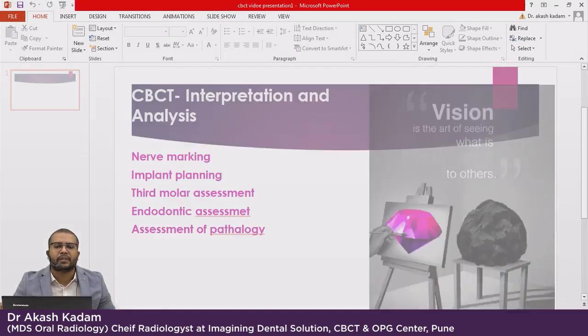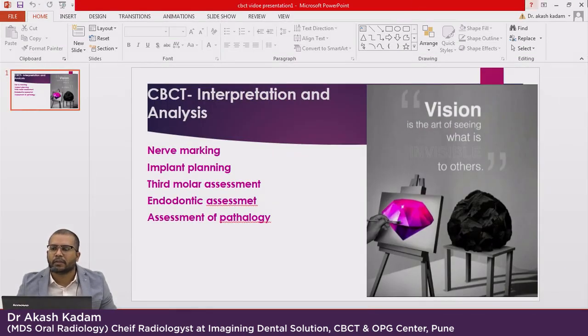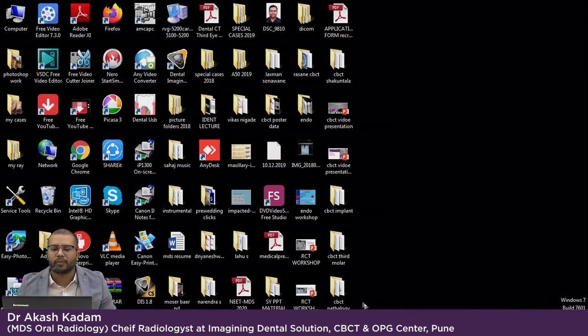When we prescribe CBCT to our patient, we get a CD from the patient, and in the CD the data of the CBCT is there. So normally we have the requirement for the CBCT analysis. We should have a laptop or a desktop with a minimum configuration of Core i3 processor. I have Core i3 and 4 GB RAM and a normal graphic card. In this, the software runs very smoothly.